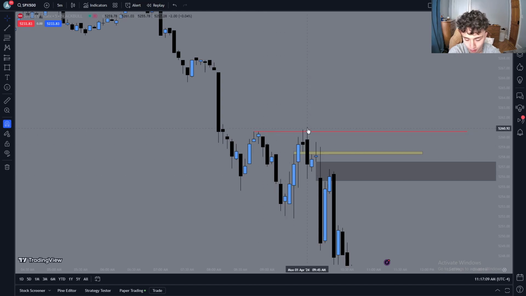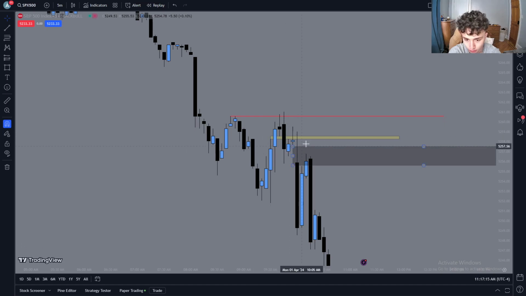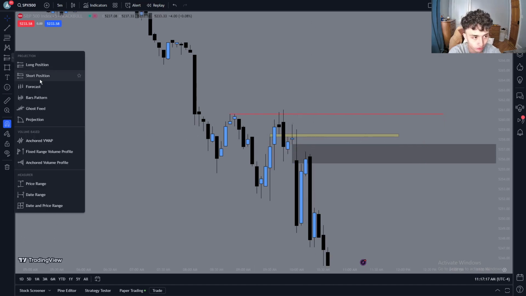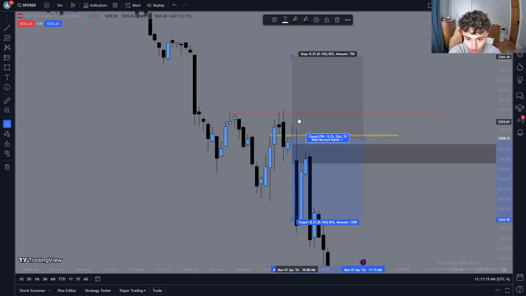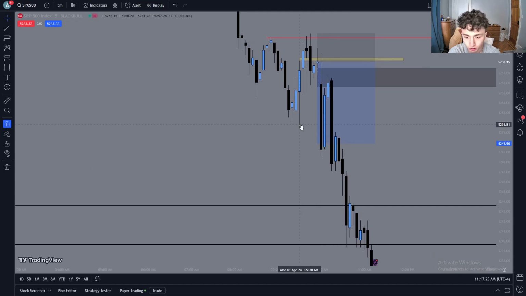I waited for it to climb up, climbed up at 9:45. Then I had this fair value gap, completely got closed below. You enter in long, right, short right here. I put my stop right over here. TP1 was right at these lows